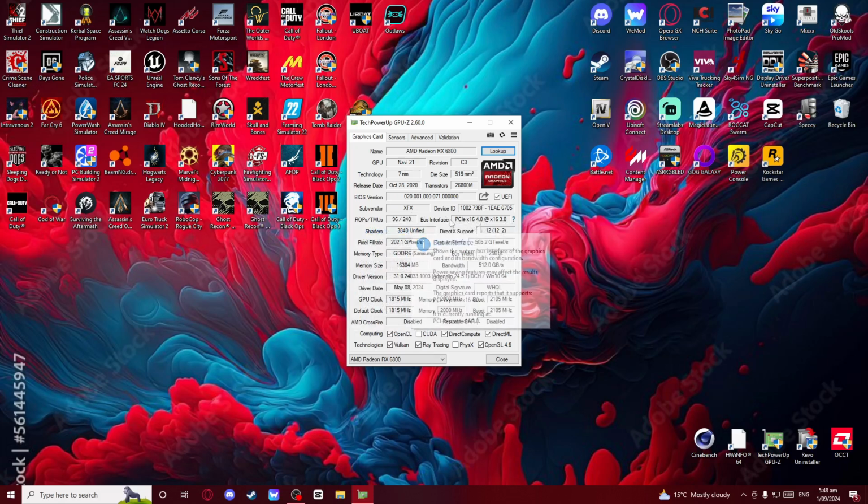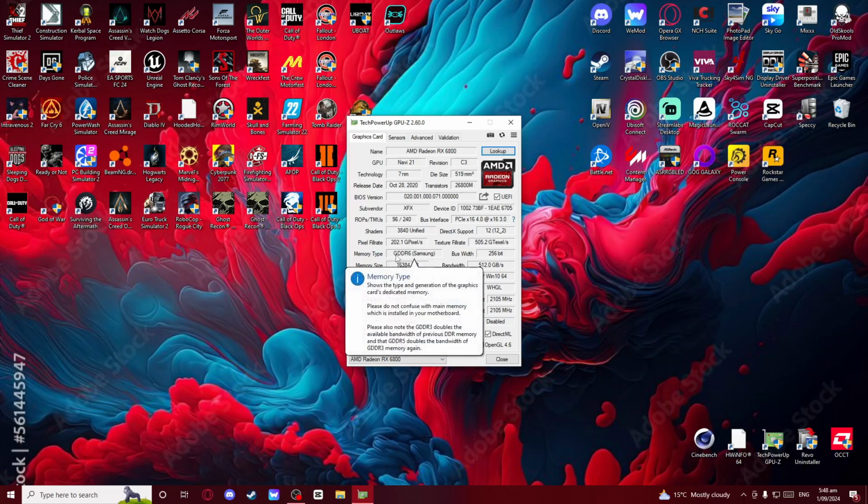Obviously the bus lanes we all know, it's PCIe x16 Gen 4. The VRAM, so obviously GDDR6, but then it tells you the chip manufacturer, which is Samsung on this card. Tells you the memory size, tells you the bandwidth,